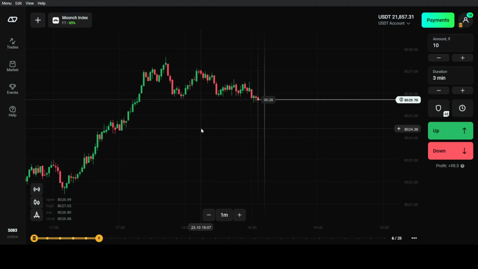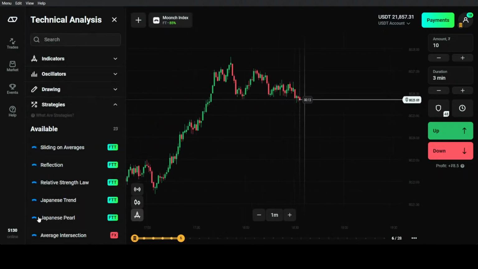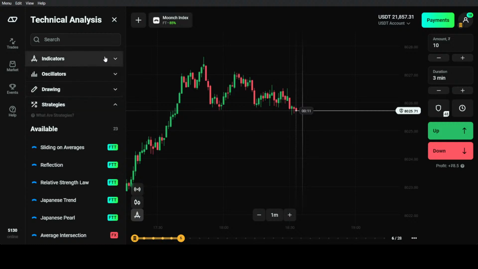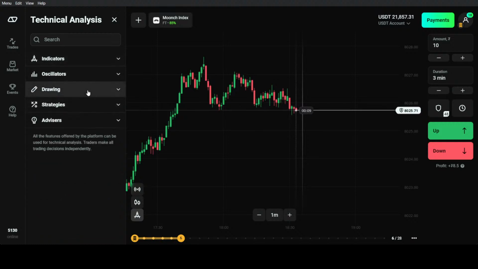So as I said, we will be learning a very premium level strategy, expert level strategy, which is known as the Jack-Tar strategy. Now, we all know where we find these strategies from. We just go to our technical analysis section, we click on the list and we see that indicators, oscillators, drawings and strategies come up. Now, you can use indicators, you can use oscillators, but I would always suggest to use